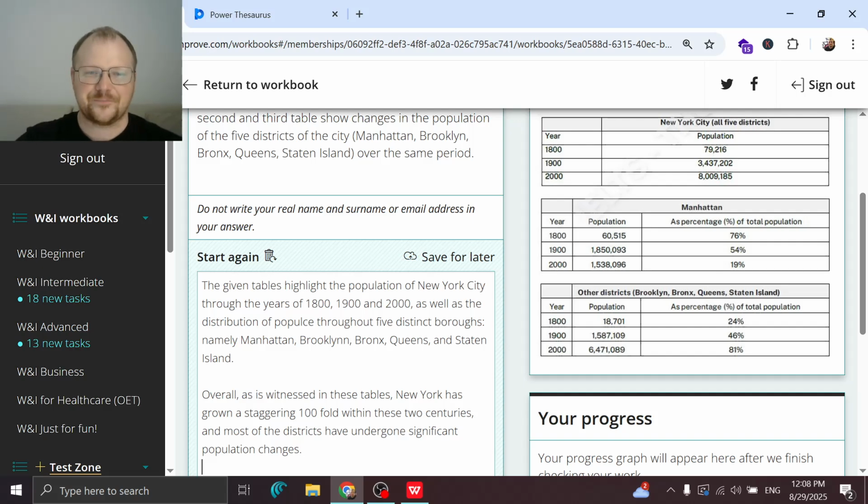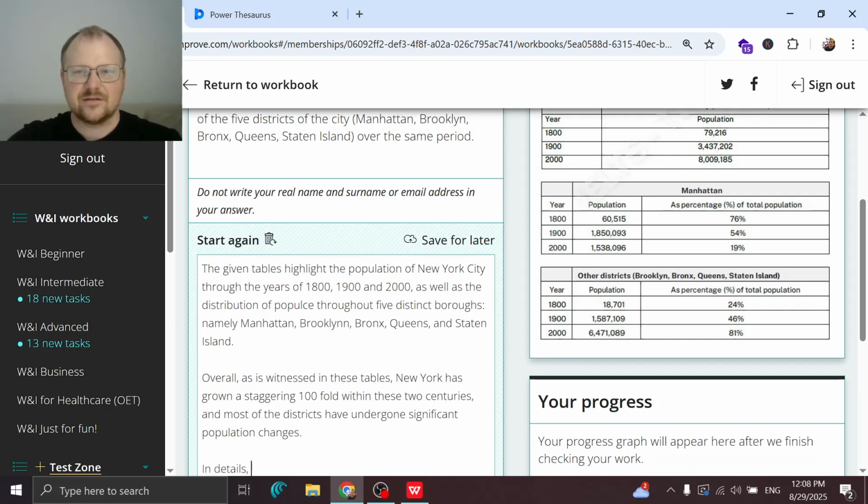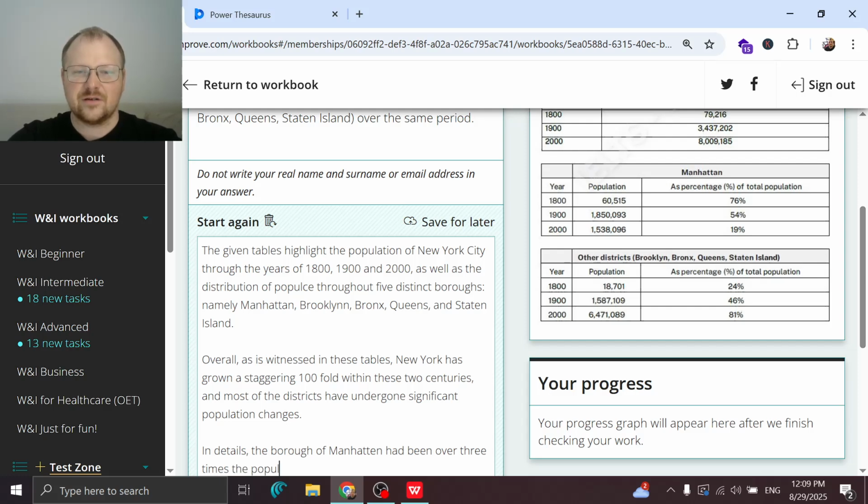That's not a good word, but in details. So, Manhattan, the district, the borough of Manhattan had been over 3 times the population of the other districts